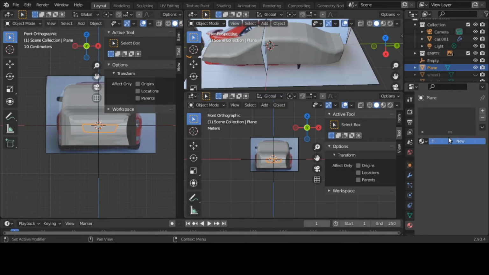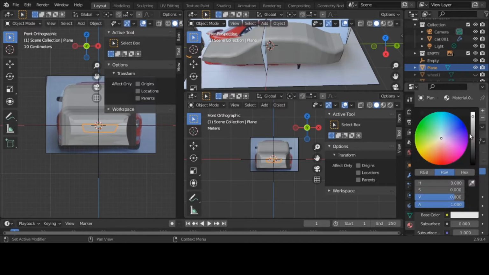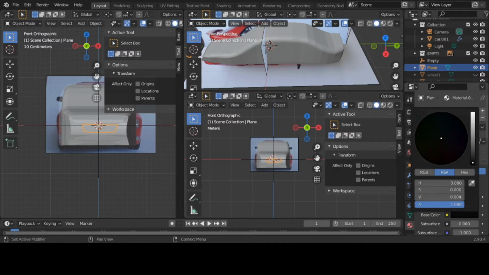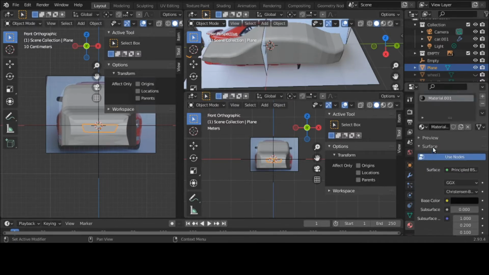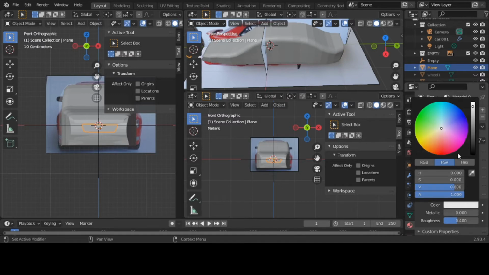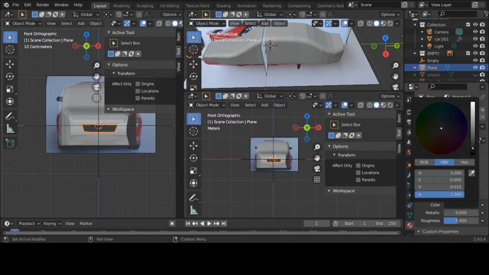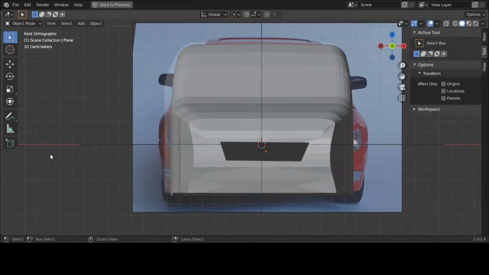New material. I make my base color black. Okay. And since I'm working in a viewport display, I really just need to affect the viewport, so I made that black. Okay. Let me make it in. Now, as you can see,